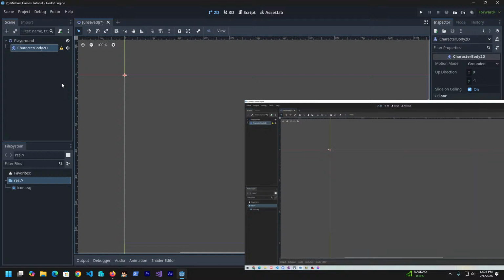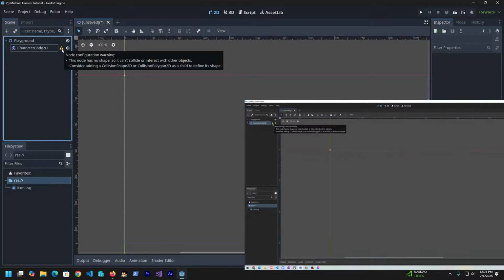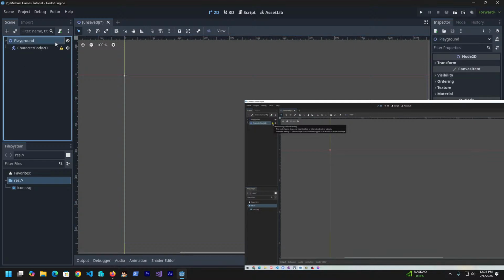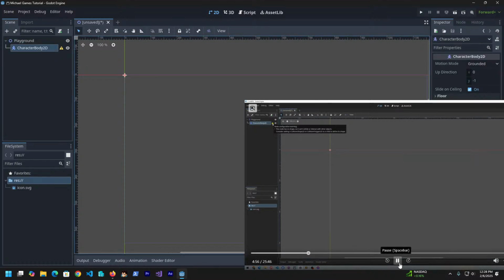Now, the first thing you'll notice is we don't really see much on screen except this little red crosshair. And we've got a little warning, it says that this node has no shape, so it can't collide or interact with other objects. Consider using a collision shape or a collision polygon 2D as a child to define its shape. And I think consider is a nice gentle reminder that this doesn't work without